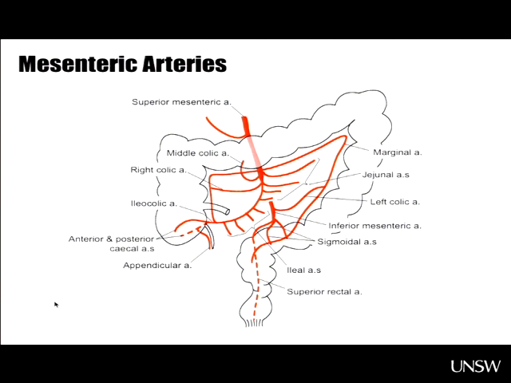It's got a branch to the descending colon, that's the left colic artery. Branches to the sigmoid colon, that's sigmoid arteries. And a branch which I've made dashed because it's behind the rectum, goes down towards the anorectal junction, and that's the superior rectal arteries. So there's quite a lot of detail there, but the take-home message is you've got blood supply to the appendix, cecum, ascending colon, transverse colon from the superior mesenteric